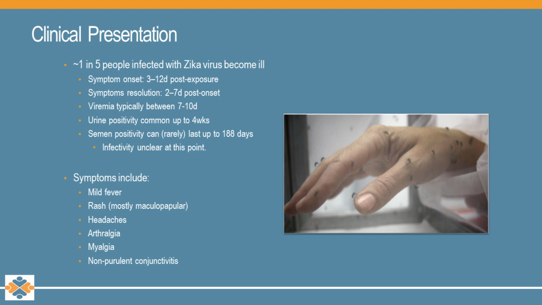For those that get sick, it's a brief illness. It typically has an onset within a week to 10 days, 12 days of post-exposure from the mosquito, and in total duration lasts about a week. It's a flu-like illness. Actually quite commonly has a rash, which we'll show some photos of, but the virus can actually reside in non-blood tissues for quite some time. Urine up to about a month in some instances, and male semen up to almost 6 months. And that has implications for transplant, clearly, when we think about how do we know what the infectivity of a donor might be, especially when 80% of the donors won't have any symptoms.